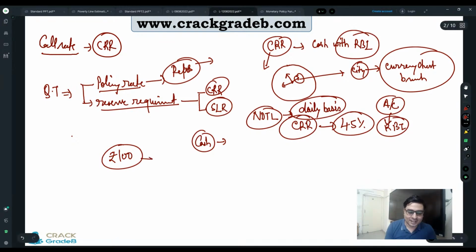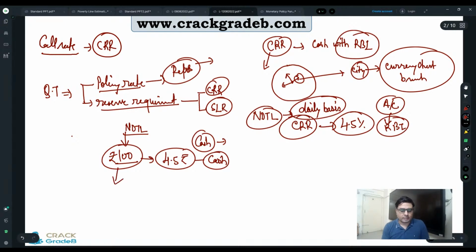So if they have taken 100 rupees as a deposit, that is the bank's NDTL, so 4.5 rupees they have to maintain in cash. Any deposit you have taken, the bank has to pay interest on that money, but out of that money a certain amount should be maintained in cash. So that is why banks are not interested in having CRR. They are never interested in having CRR, but RBI enforces it, saying you should maintain the cash reserves,